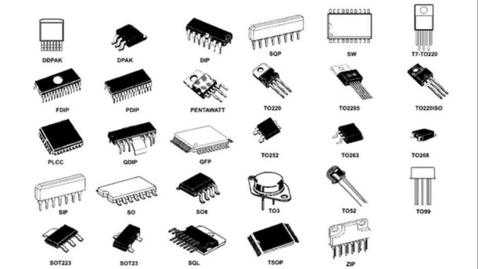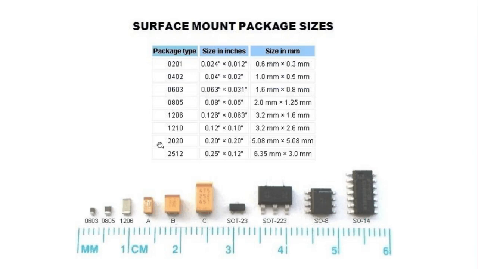For example, this is a DIP package, dual inline package. It's a through-hole type package, and we have pins on both sides. Similarly, we have the QFP package. It is an SMD package, and we have leads on each side. So these are a few standard packages in which electronic manufacturers make components. Similarly, these are a few examples of SMD packages for chip components and some regular components.